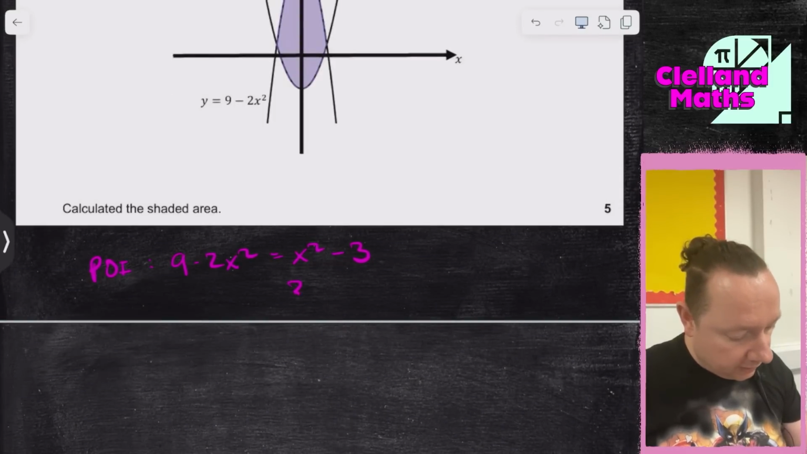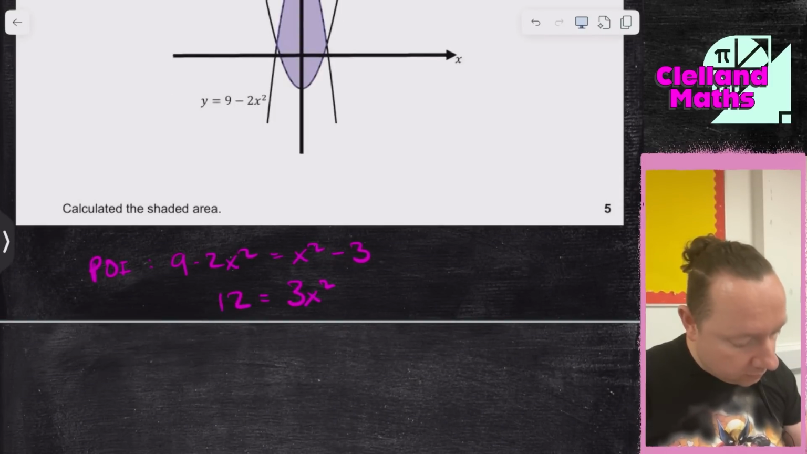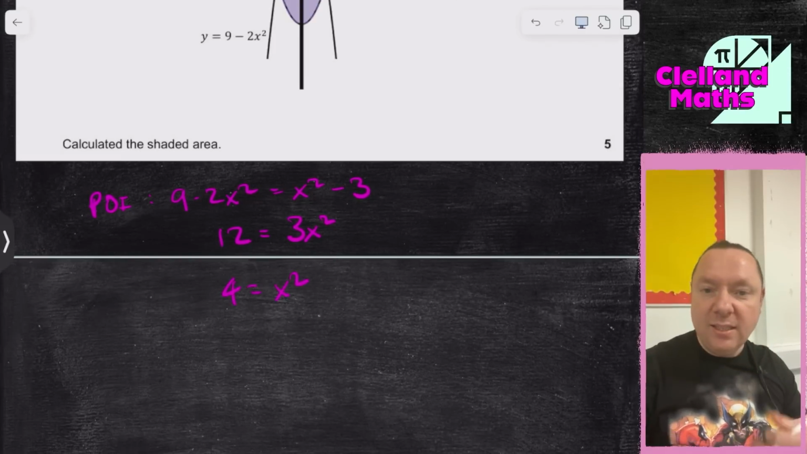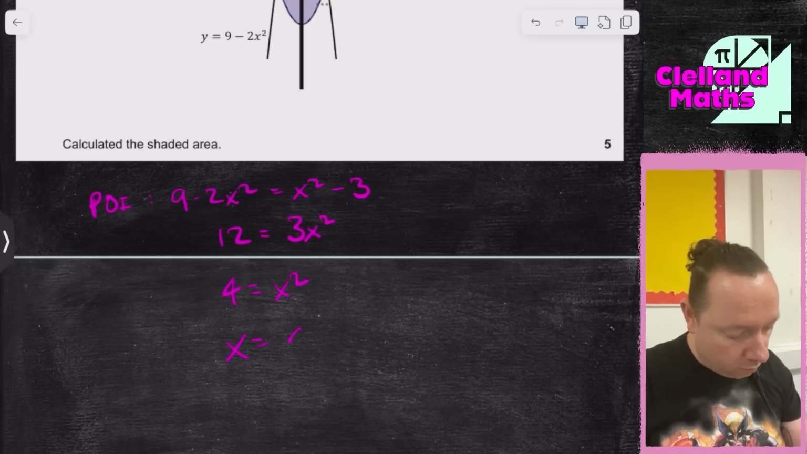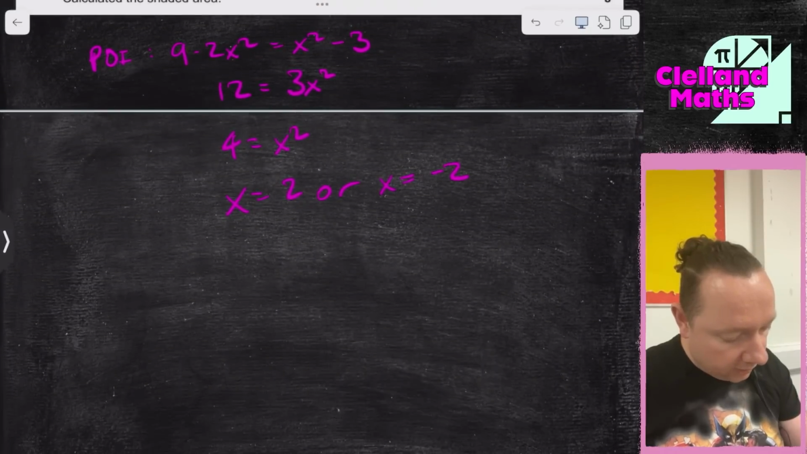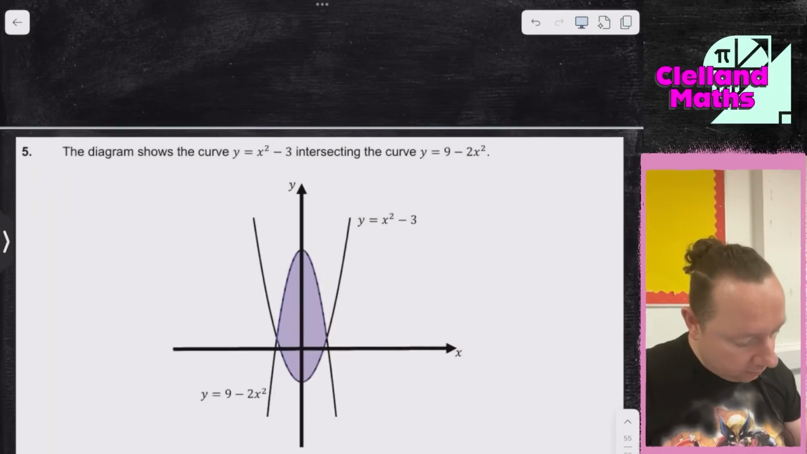So that gives me 3x squared on this side. 9 plus 3 is 12. So I can divide by 3 to get 4 equals x squared. And then it's the difference of two squares. Or if it's just x squared equals a number, then x equals 2, of course, because of the square root, or x equals minus 2. So we've got 2 and minus 2,